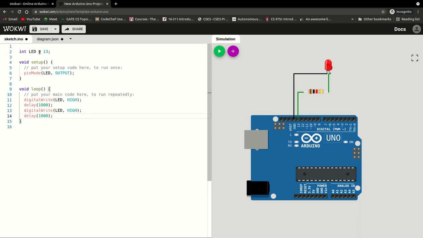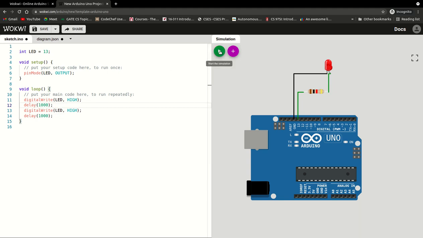So I'll again go through the code. This is where we have initialized the LED pin, which is the LED connected to the Arduino pin 13. Our ground is connected to the LED's ground pin, and the other to the resistor, so it doesn't burn our LED. This is the pinMode line in our setup function, which has initialized this LED pin for output. If we don't initialize, we cannot write high or low on it, and this is a delay in between. So as you see from this loop, it looks like it will glow high, then it will stop for 1 second, then again glow high, then stop again for 1 second.